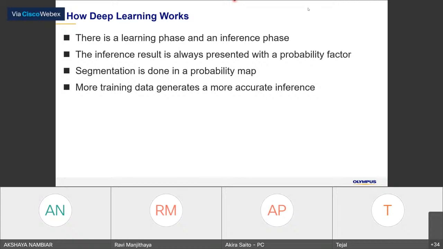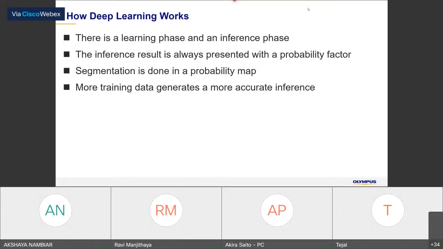Validate the accuracy. So there are several factors for the neural network itself, whether it is developed very well or not, which I will cover later, by the way.